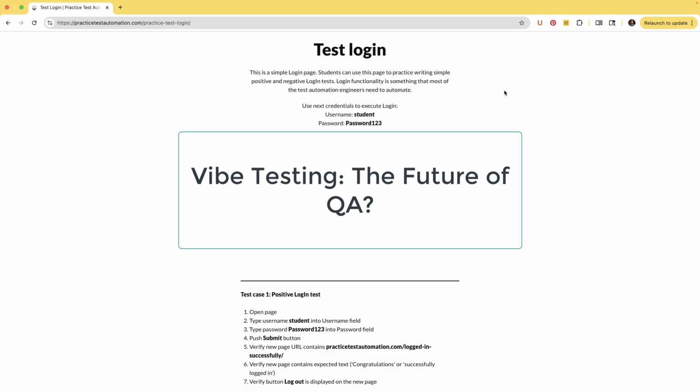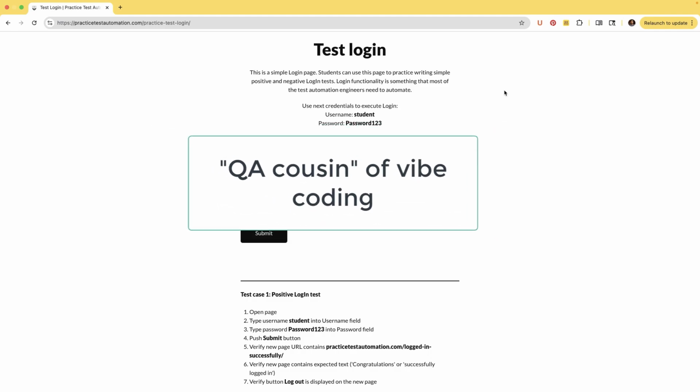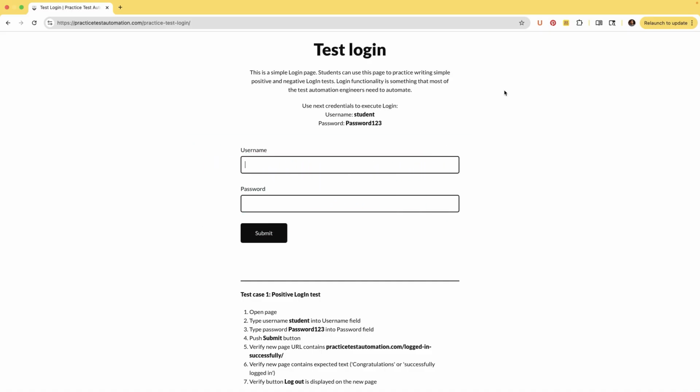It's a new, fresh approach to software testing that's often considered the QA cousin of vibe coding, where the focus is on describing what the code should do rather than writing the code itself. Vibe testing acts as a safety net when the code is generated by AI. So AI often generates code without a full review of every line. Hence, instead of using static test cases, vibe testing is exploratory, prompt driven, and intent first.